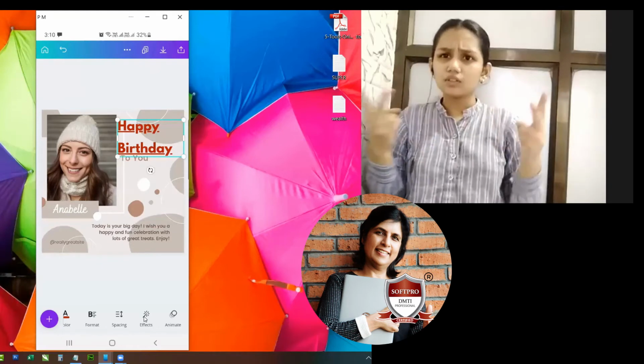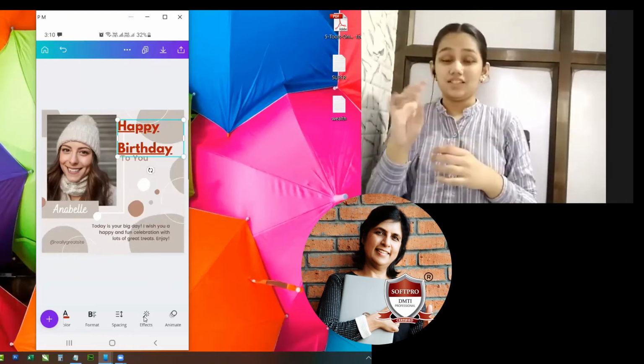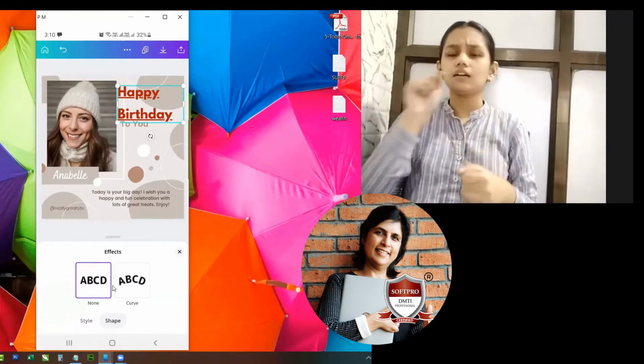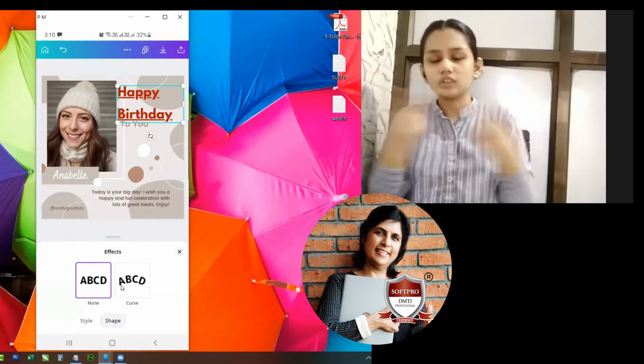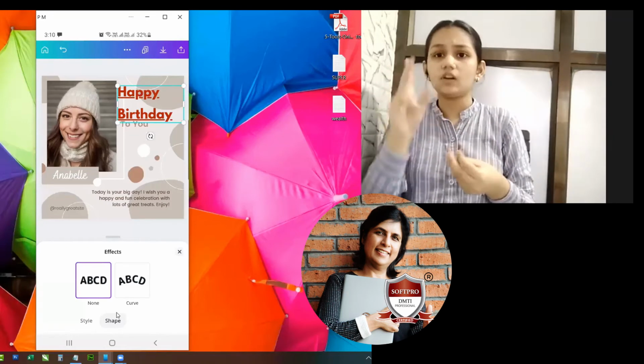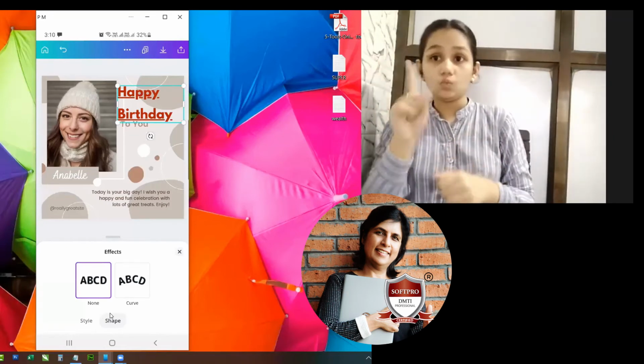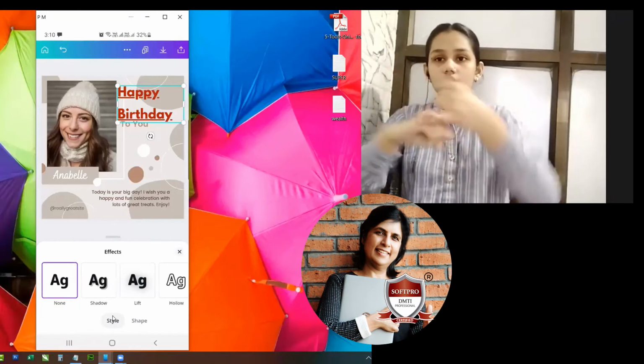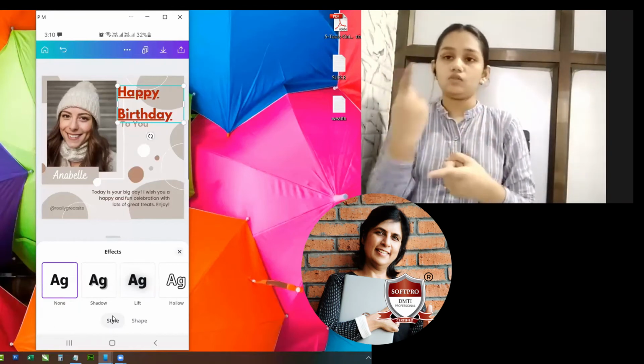Then I am going to something called effects. When I click on effect, I get lovely effects. There are 2 types of effects. One is the shape effect and one is the style effect. I will start first with the style effect.